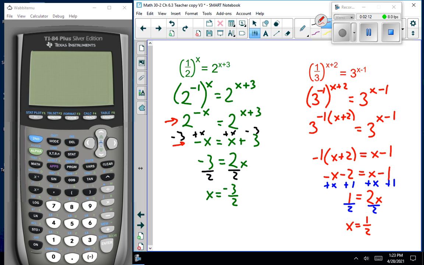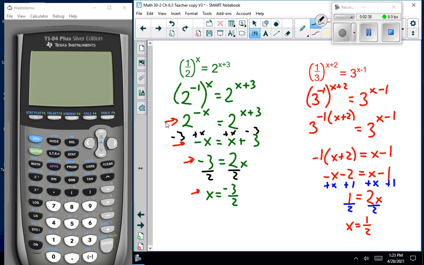So I added x to both sides and I got 2x, and then I subtracted 3 from both sides, I got minus 3 equals 2x. Since that's 2x, I divide both sides by 2, and I'm down to x equals minus 3 halves. Okay? Now, as for the other one,